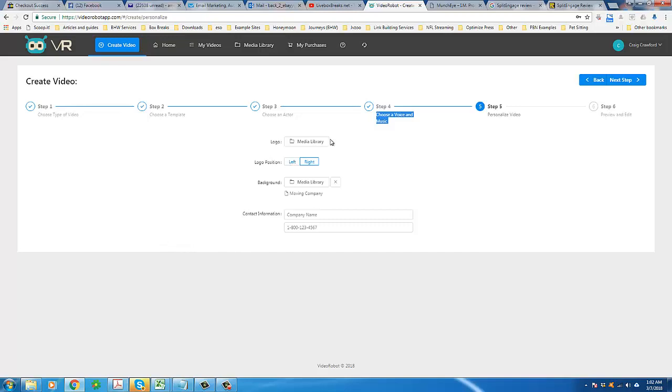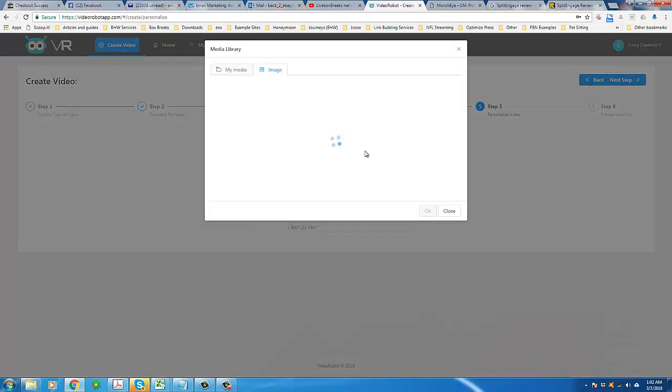I mean, there's not that much to see. I mean, if you miss something, there's only a few options per page. You know, you're not overwhelmed with so many different buttons on every page, so it's pretty easy to pick up on the fly. And we're already on step 5 of 6. So as you can see here, you know, I mentioned at the beginning, you can use a company logo or something like that. I'm going to use a logo from